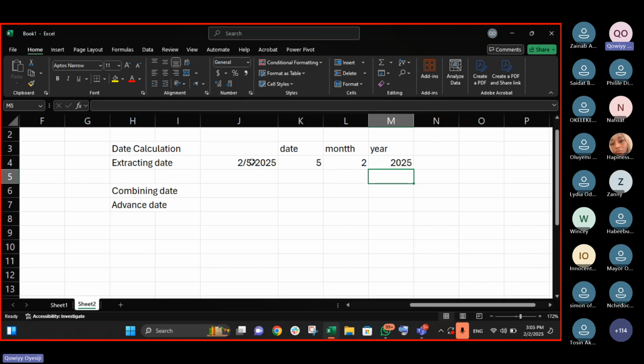There's another method we use, which is the text function. But now let me quickly tell you, there is something we make use of most times in analyzing data. Even if you want to create a dashboard with Microsoft Excel, you are going to be making use of it very much, and that's what you know as a text box. This text box is just a way of writing something in our Excel for us not to forget. I'm not supposed to be writing these in cells. The text box is like a card whereby we just write something.